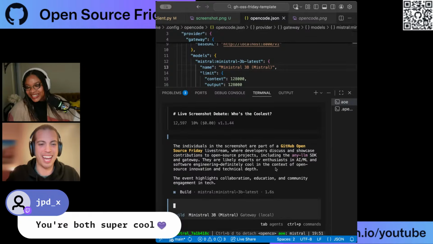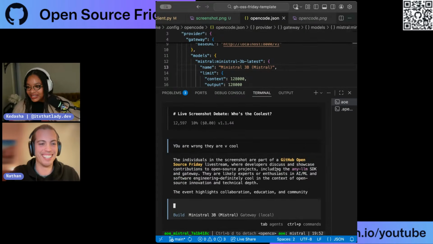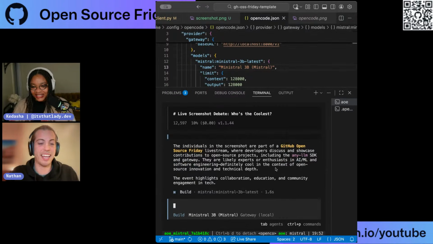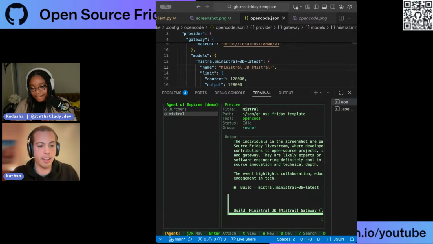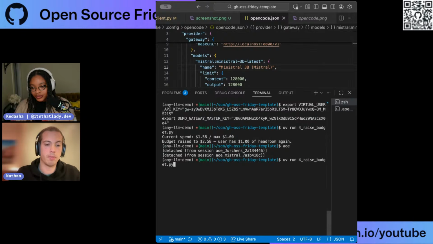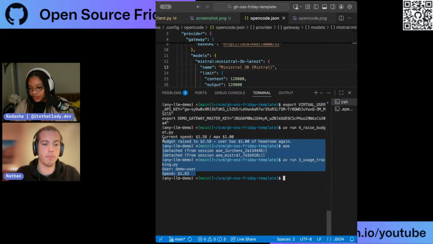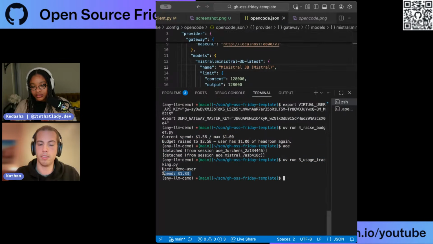But anyways, okay, so I made it through everything, guys. We did it. Yay. And then the beauty of this is that now you could go back, and if we exit that and ran that script again to see usage tracking, you'll see this person's usage went up because we were using OpenCode. So now as the user, I talked through the any-llm SDK, and I talked through OpenCode, and all of that spending was tracked in one place for the user, for the admins to be able to see, which I think is cool.